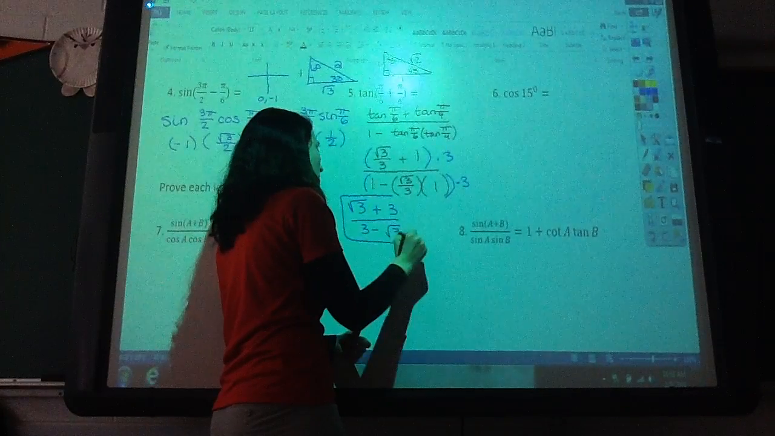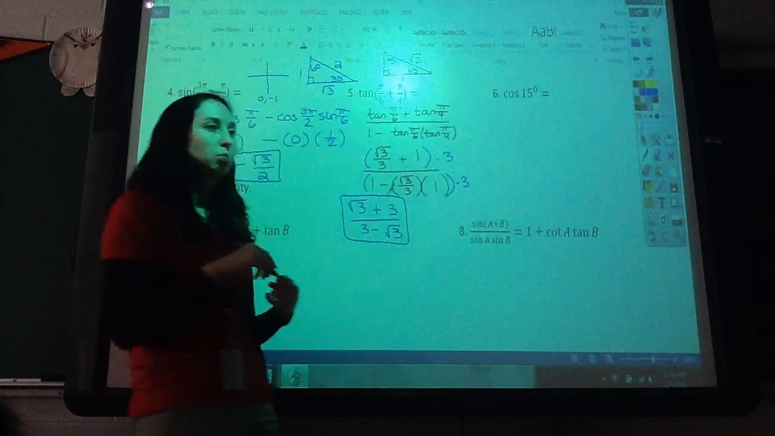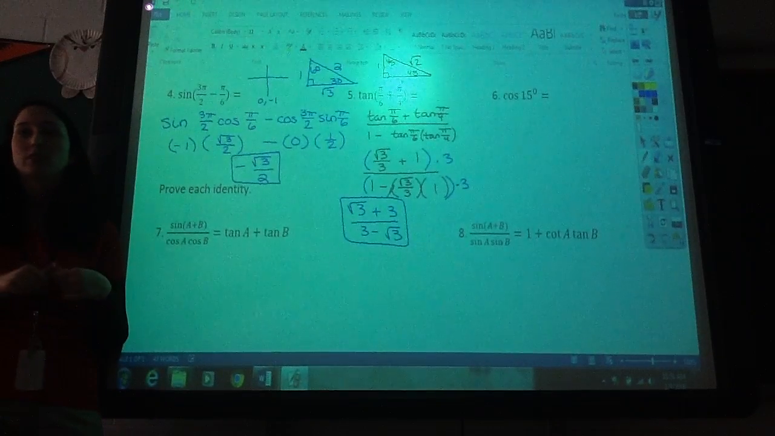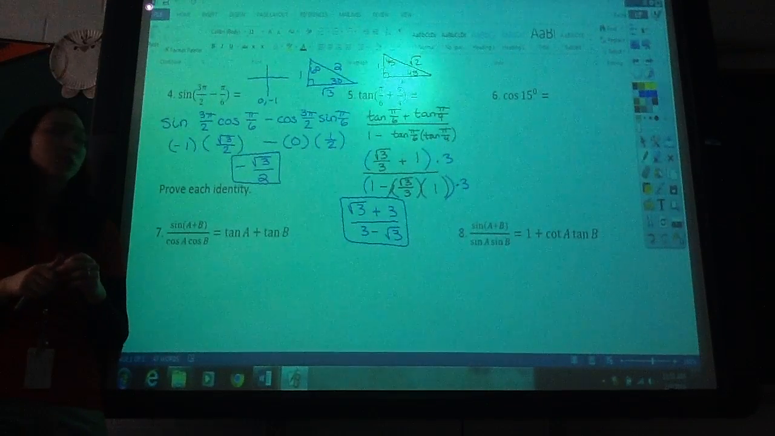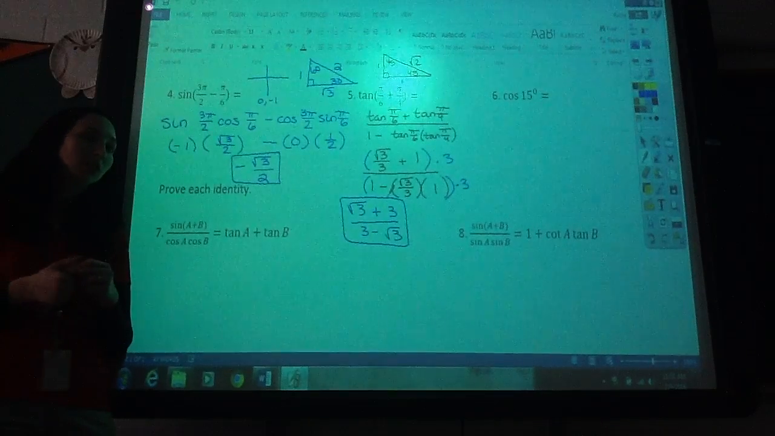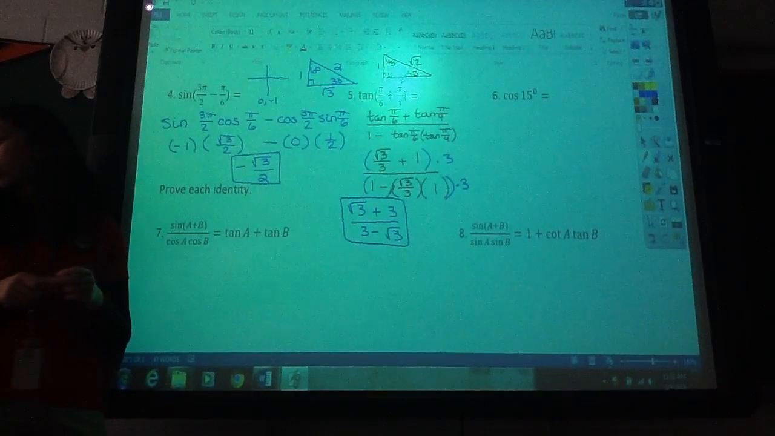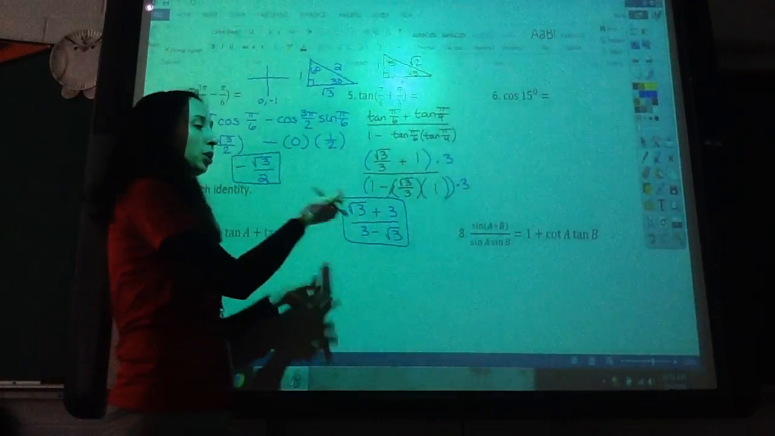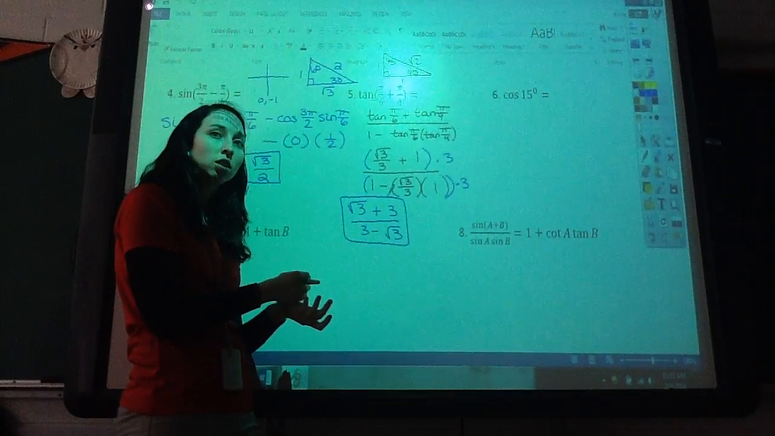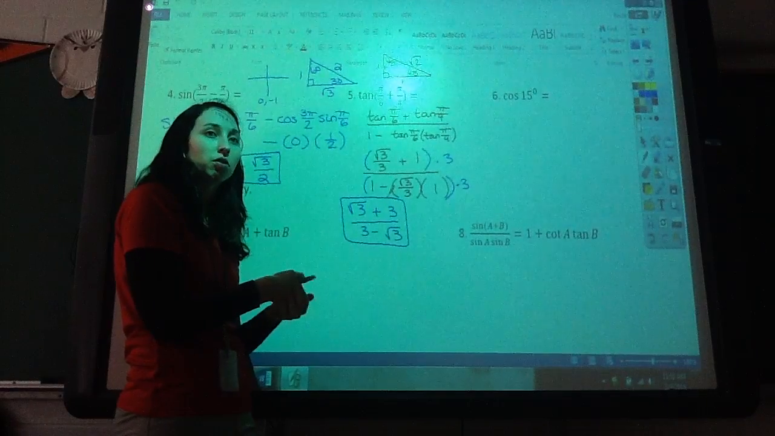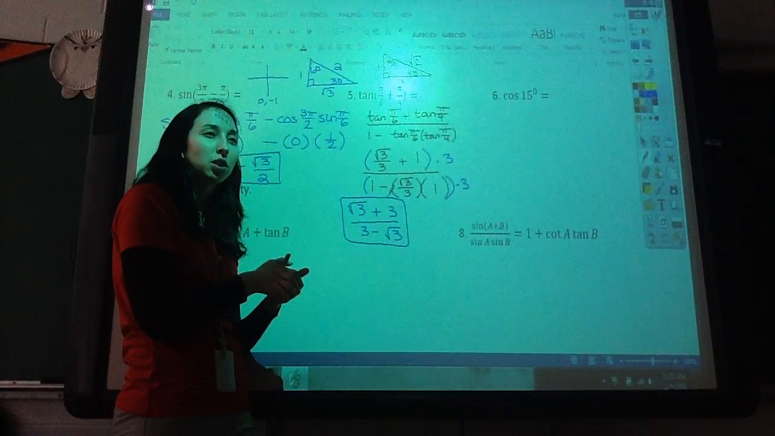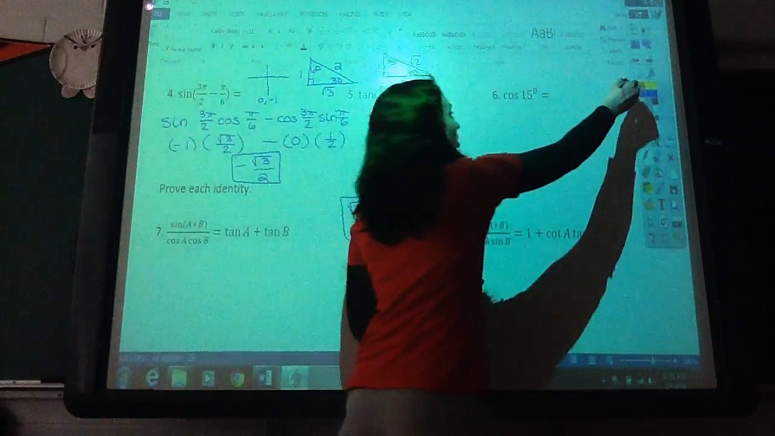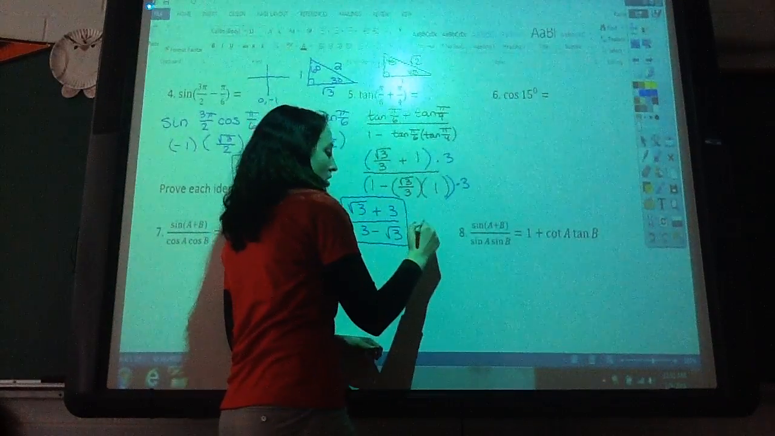Now, I'm fine with you leaving it like that, but what's the rule? The root in the bottom. The rule is no radicals in the bottom. Okay. So if you chose to go ahead and get rid of that, then you would need to multiply top and bottom by the conjugate pair and then end up with a different fraction. Does anyone want to see how that would work out? Sure. So if I chose to do that,